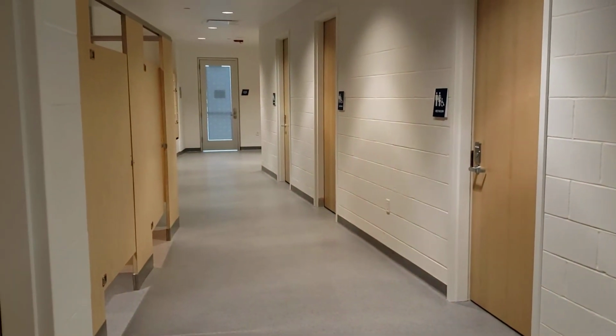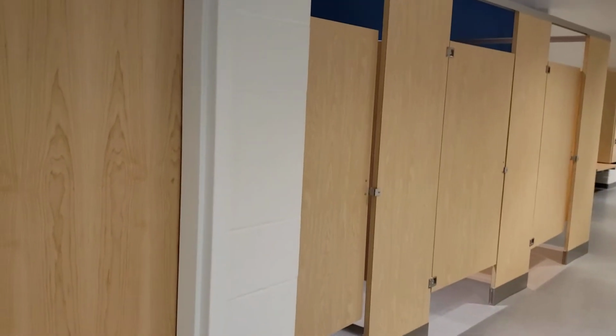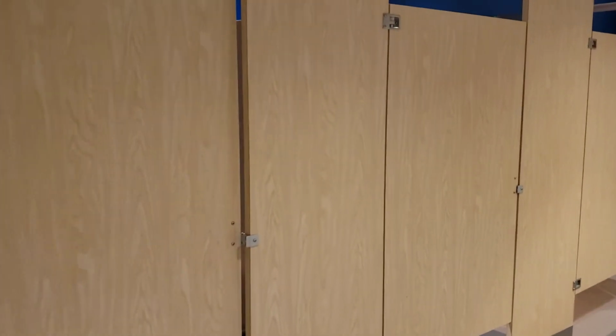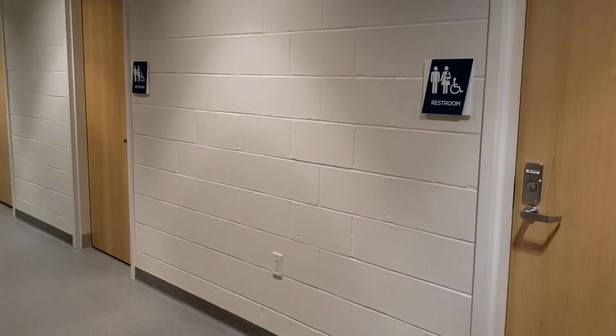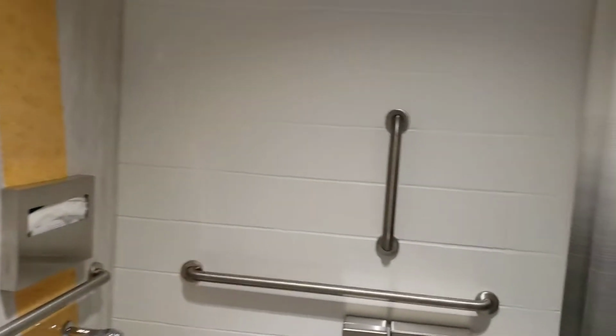So this is our family change area. On this side over here, these are all just change stalls. And so they're just a place for people to pop in and change their clothes. And then on this side, we have 3 fully functioning restrooms. And so we'll take a look in here as well so you can see what these look like. So these have the yellow ribbon in them of the diagonal tile. And then we have our shower curtains. And then there's a bench over here for people to sit and rest or wait if you have a mom